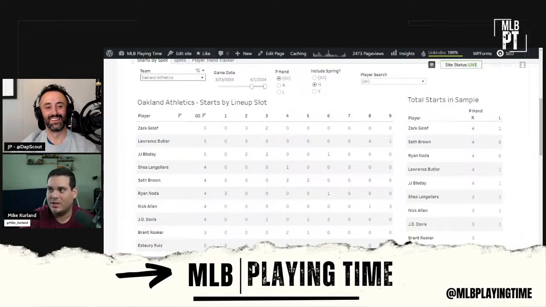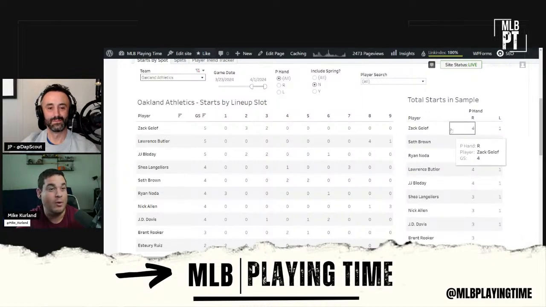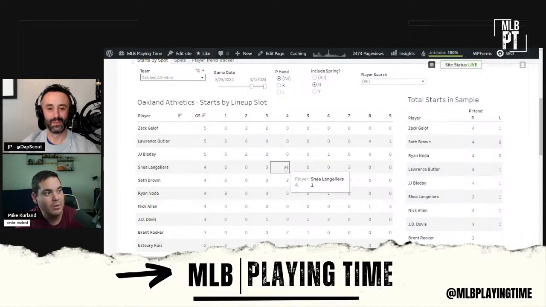So it goes. This is why Bleday and Lawrence Butler. I know Butler bats the bottom of the order, but what you'll notice here is 5 games started. They've only played 5 games. Butler's an everyday player. Same with Bleday, who has more relevance because he's batting second and third and sixth once. Against lefties he moves down, but he bats second or third almost every day, especially against righties. So Bleday is going to play as much.